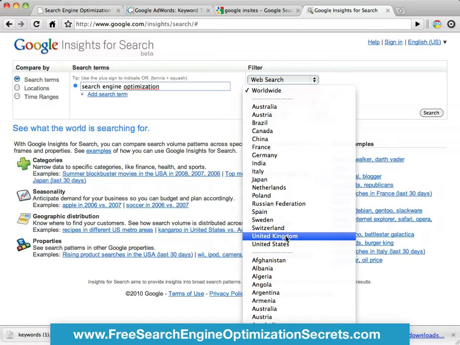So ignore about .com being better. Okay, it does look better on paper, but it won't do better in Google. So if you're looking at buying a new domain name, always buy a .co.uk if you're from the UK. If you're from the US, buy .com, .net, whatever takes your fancy. If you're from Spain, .es. If you're from France, .fr. If you're from China, .cn. You get the picture. Always stick with your region.